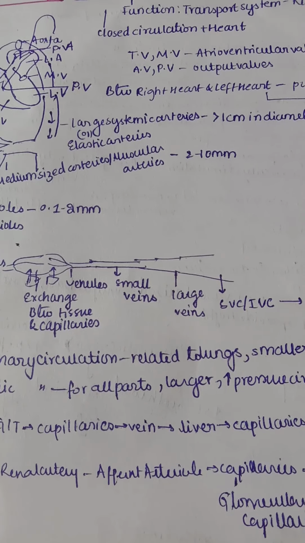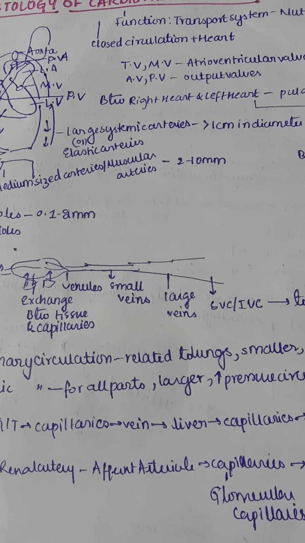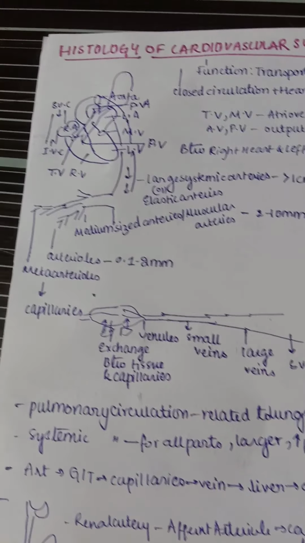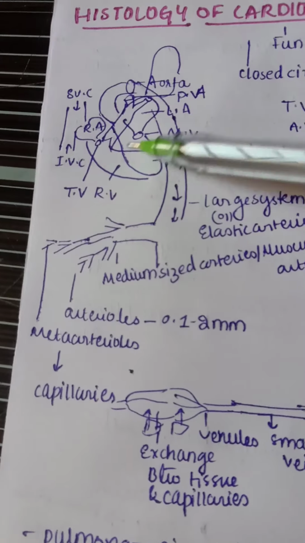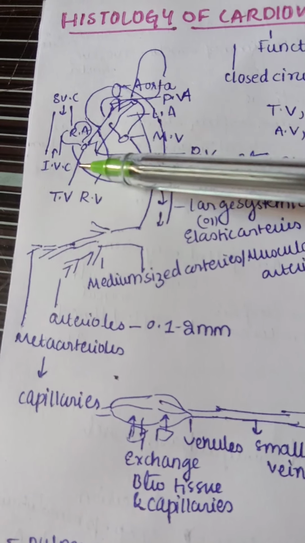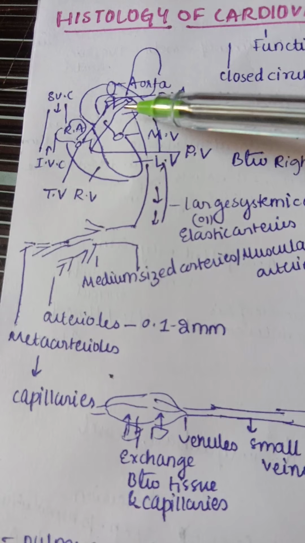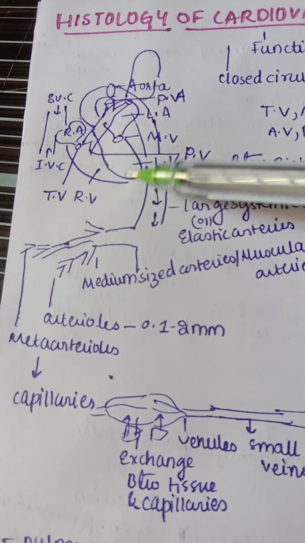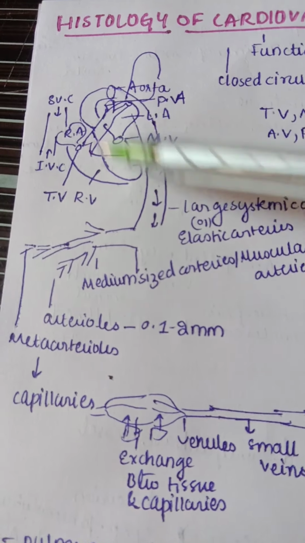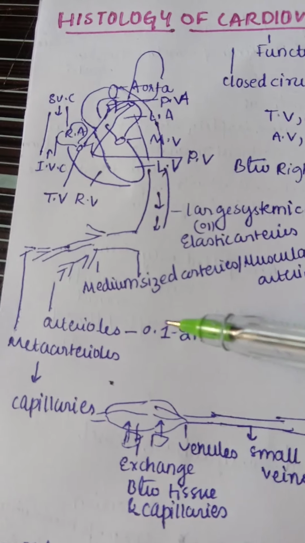And let us see, we have atrioventricular valves, also known as input valves, that is nothing but our mitral valve and tricuspid valve, and we have output valves which are nothing but the pulmonary valve and the aortic valve. So first let us understand the basic structure of the heart. So we know the heart, first let us see on the right side, right atrium, right ventricle, and here we have the pulmonary artery, and here you have left ventricle, left atrium, and here we have the mitral valve, and here we have the tricuspid valve.